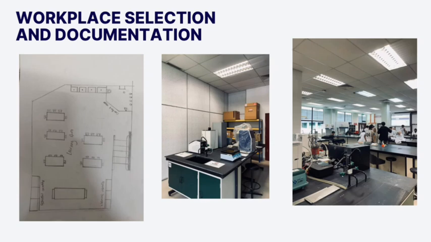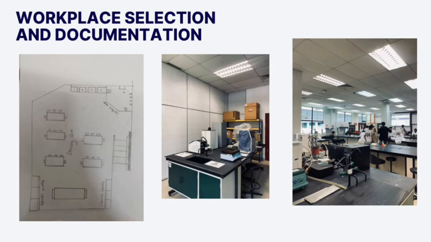This lab is typically used by science students and lab staff, with about 5 to 10 people in the room at any given time. Common activities here include handling chemicals, conducting experiments, and using lab equipment like burners and glassware. I also include a hand-drawn floor plan and photos showing key areas like the fume hood, chemical storage, and emergency